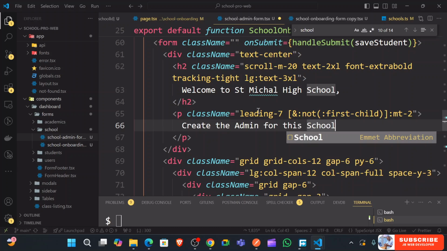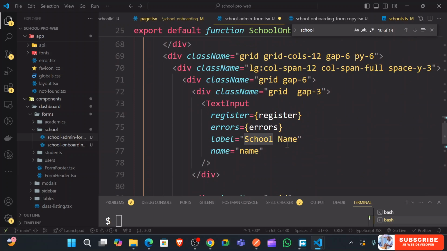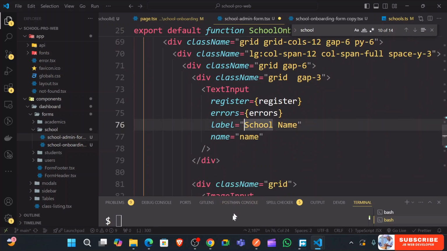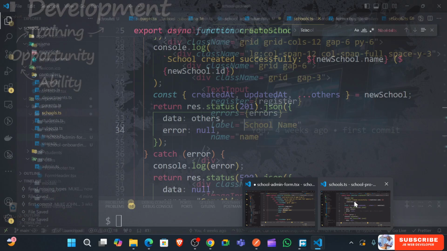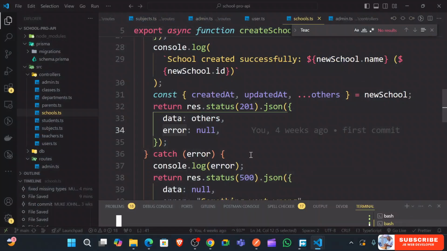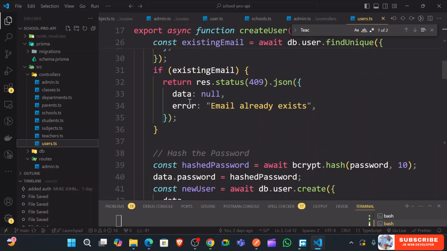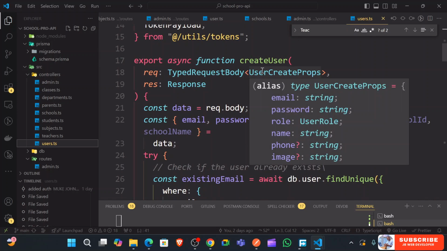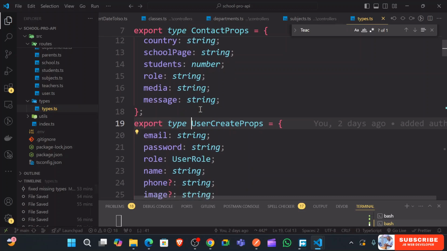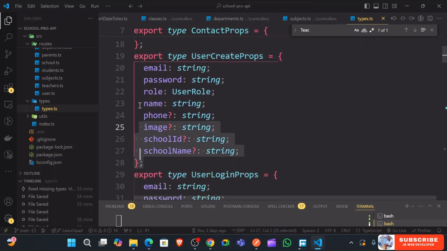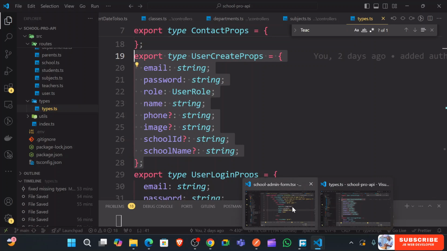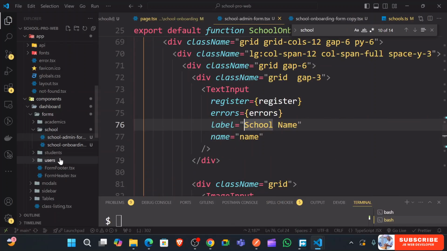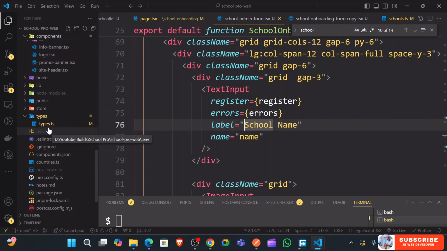Okay, and then I'm just going to go down here, and then we add all the information we need for the admin, and we just need as minimal information as possible. So you just go to the user, the information we need from here in this create user, create user props. This is what we need. I can actually export this into the web types,